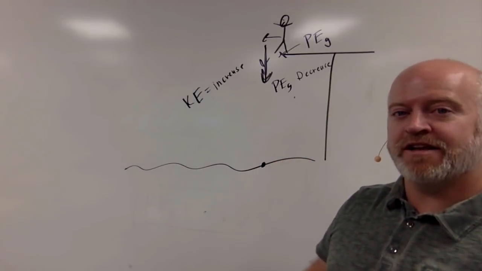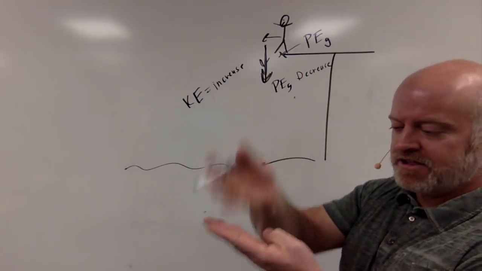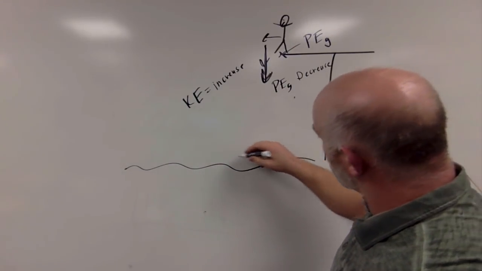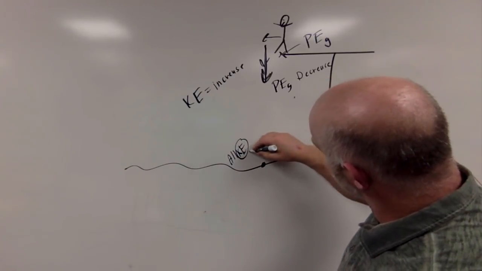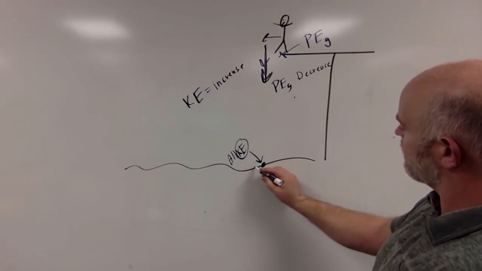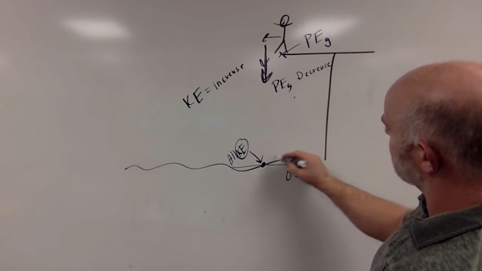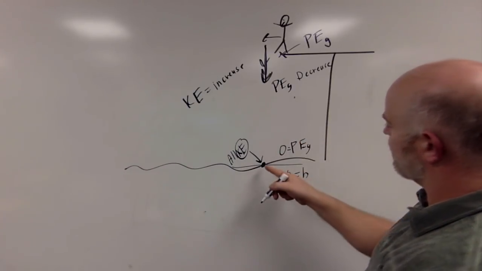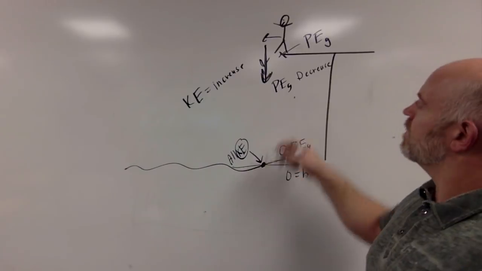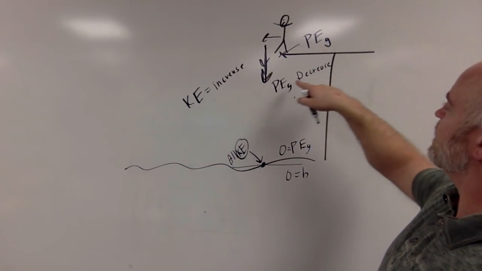they hit, not after they've slowed down. The second they finally just touch the bottom, all of your energy is going to be kinetic. Because if we consider this our 0 point for 0 height, you'll have 0 potential energy due to gravity at this point here. Okay? So as something falls, it's going to be increasing kinetic energy, it's going to be decreasing